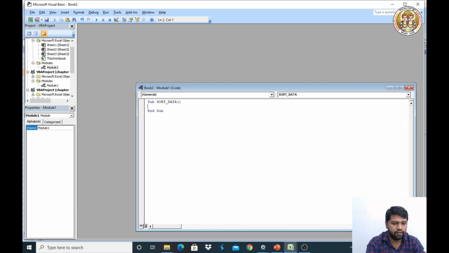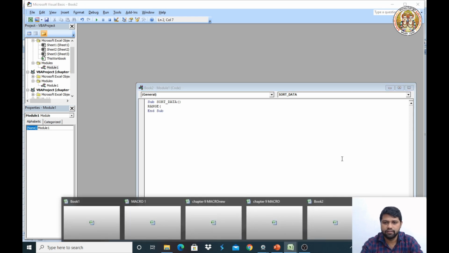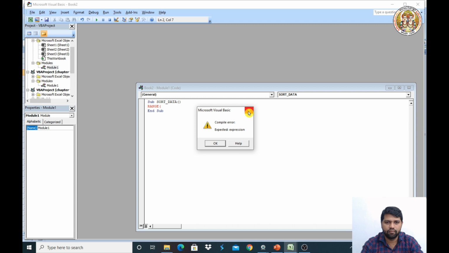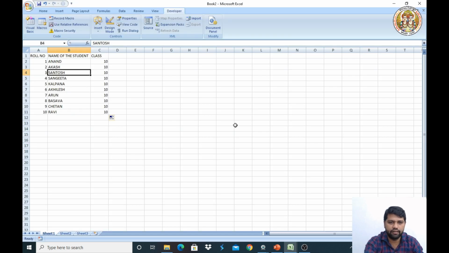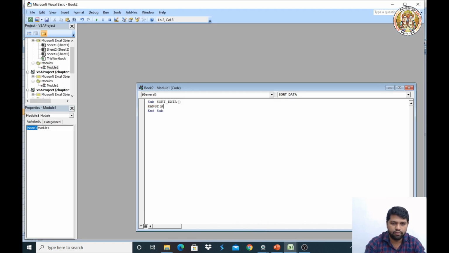Enter Range. So what is the range? Here the range is from A1 to C11. A1 to C11.